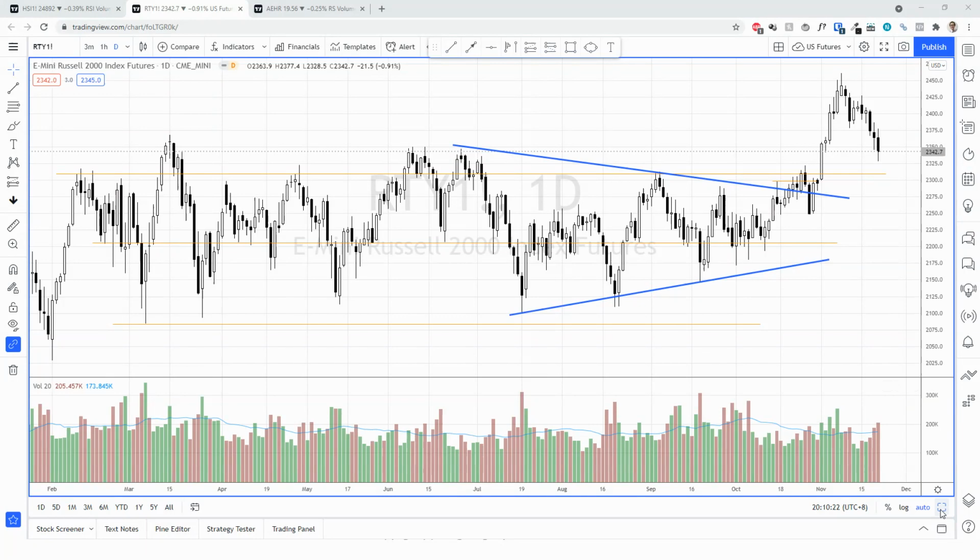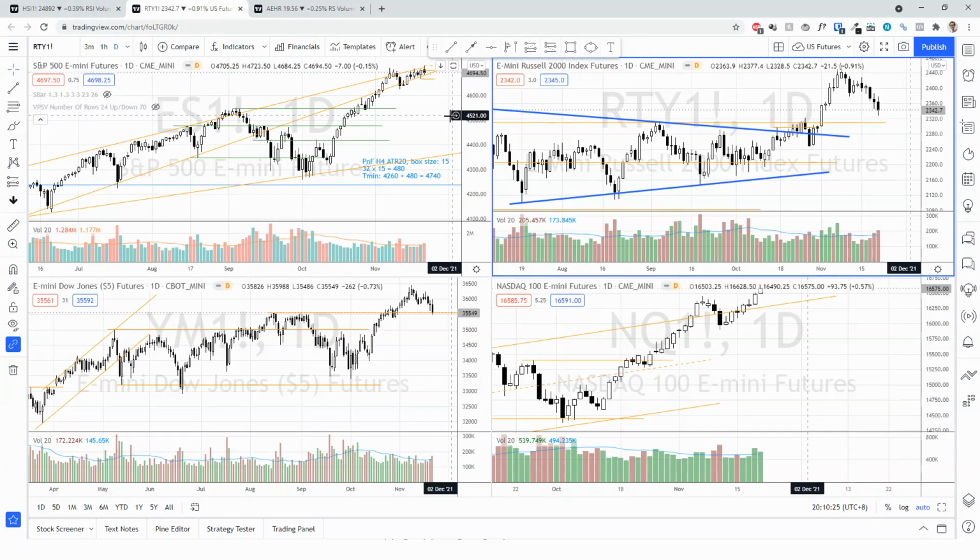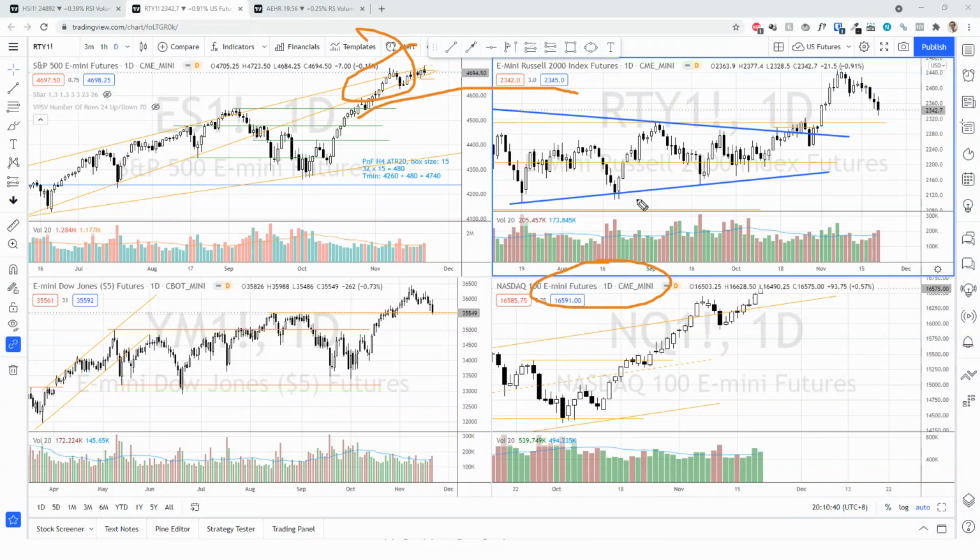While the S&P 500 and also the Nasdaq are kind of overbought, there's one possibility for the S&P 500 and also the Nasdaq 100 to have some kind of rotation into the Russell 2000 and also the Dow Jones. In fact, for the Dow Jones, if we look at the individual sectors, like the industrial sector, they are doing very well. Okay, so that's pretty much it for the market. Short-term wise, just watch out for a pullback within the S&P 500 and also the Nasdaq.